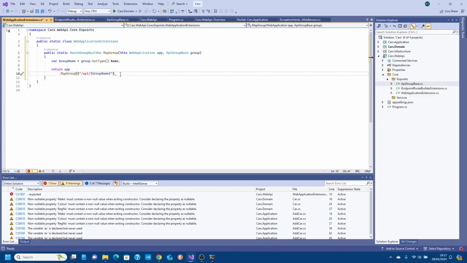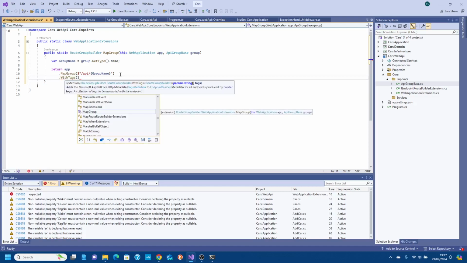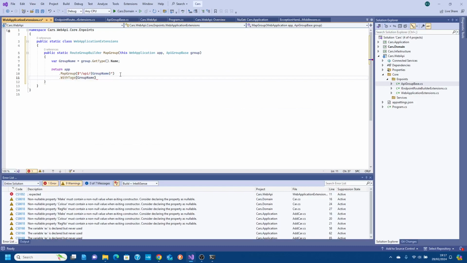And then we want another function on here, which is WithTags, and it's put in there. Okay, so we've got a map group. So the next thing we need to do is we now need to map the endpoints. And what I mean by that is this is a functional call to MapMinimalApiEndpoint. So